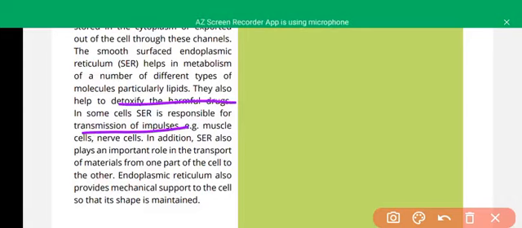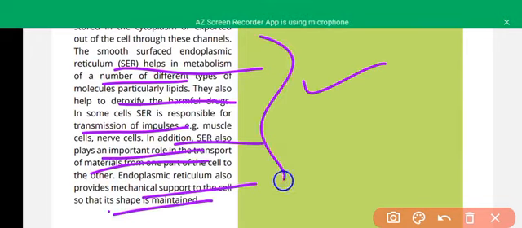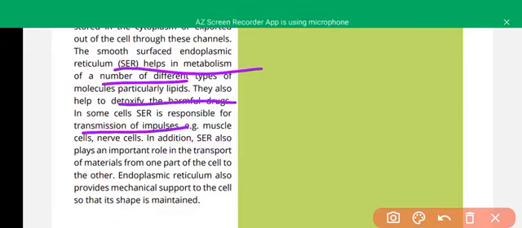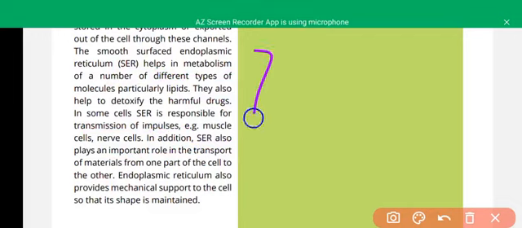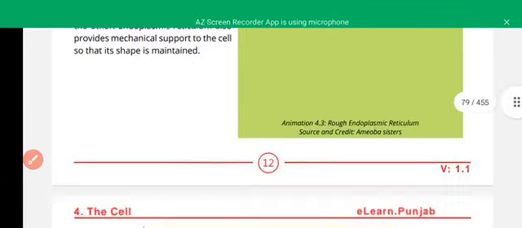It is also used in the catabolism of lipids, and the metabolism of lipids and carbohydrates. The smooth endoplasmic reticulum plays an important role in the transport of material. The endoplasmic reticulum also provides mechanical support to the cell. These are the functions of both the rough and smooth endoplasmic reticulum. But here these are the functions of the smooth endoplasmic reticulum, and production of proteins is a particular function of the